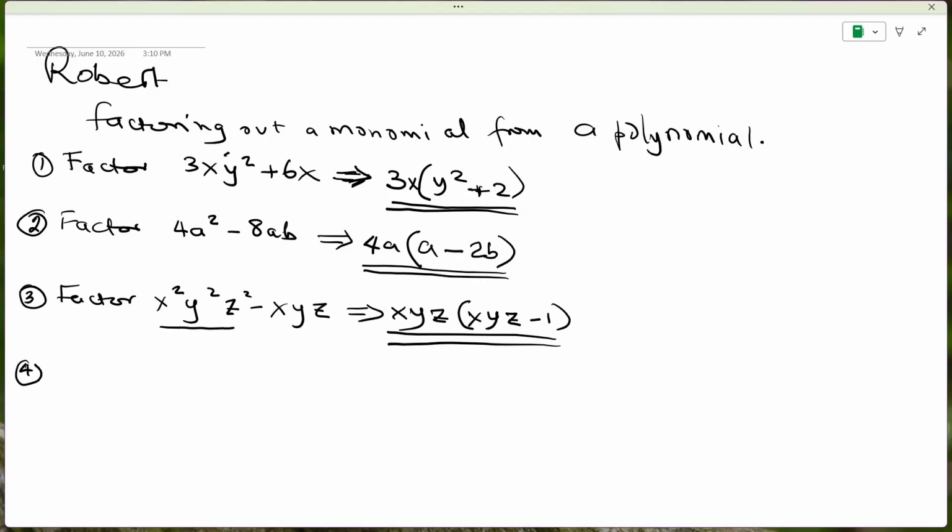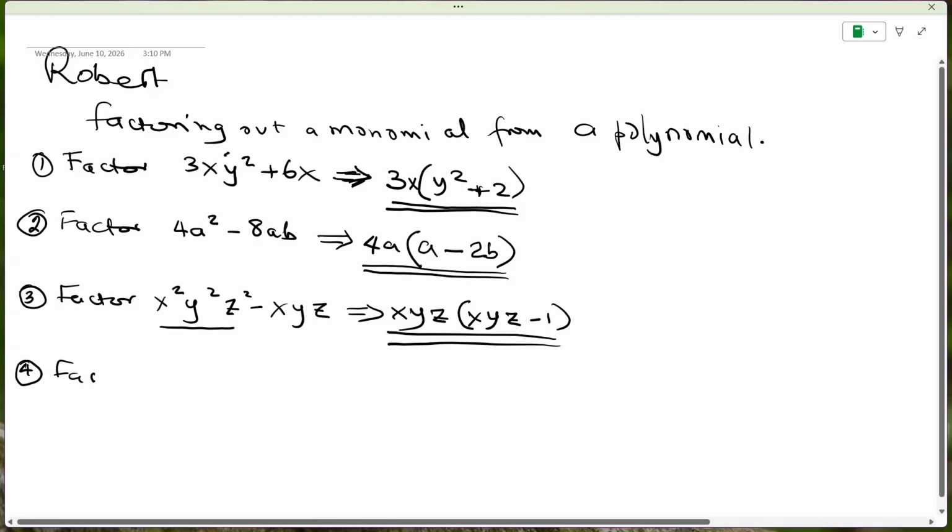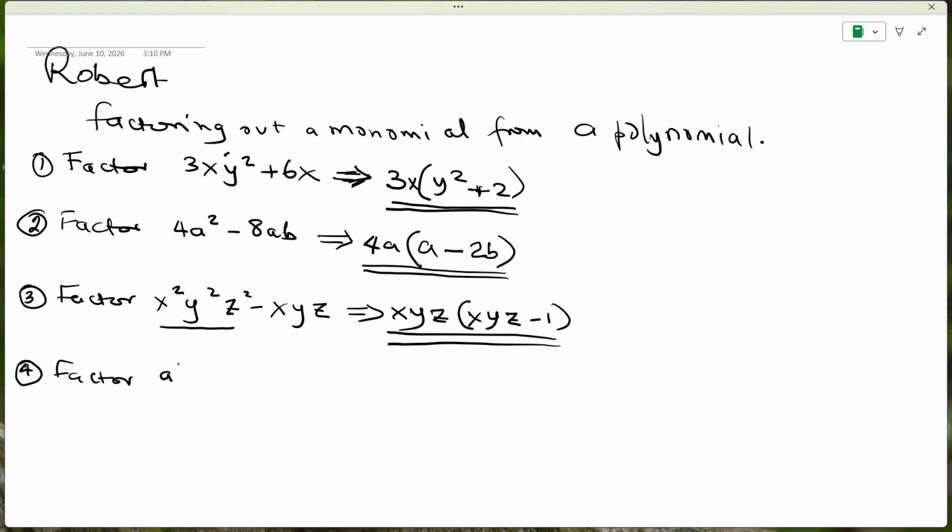Now let's look at the final example 4. Factor a squared b squared c squared plus a cubed b cubed c cubed. Now, in this case, you can see that we have abc, abc, but in the first part of the polynomial it's squared, squared, squared, and the second part is cubed, cubed, cubed. So we can remove out the first part actually as a squared,